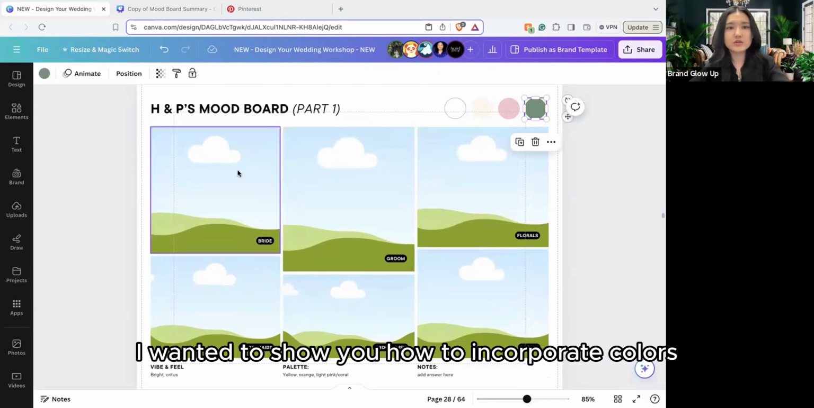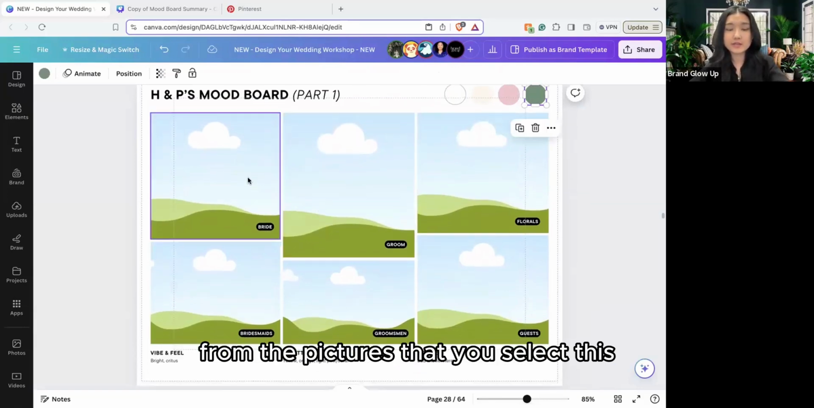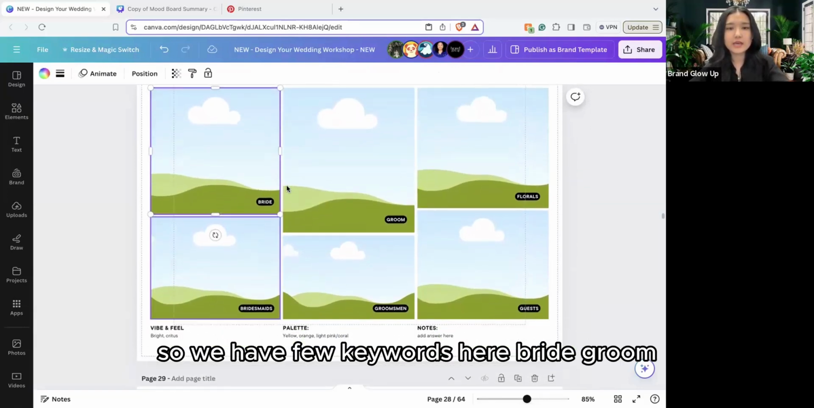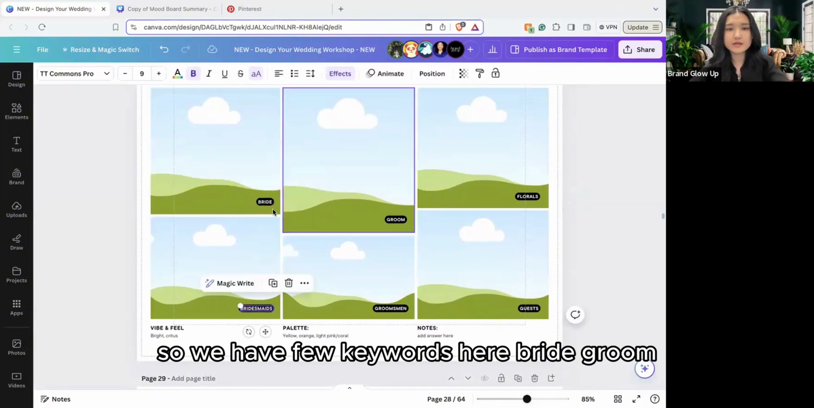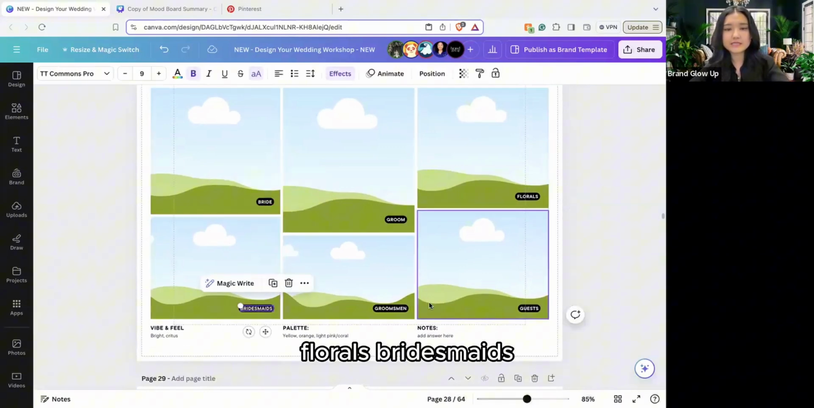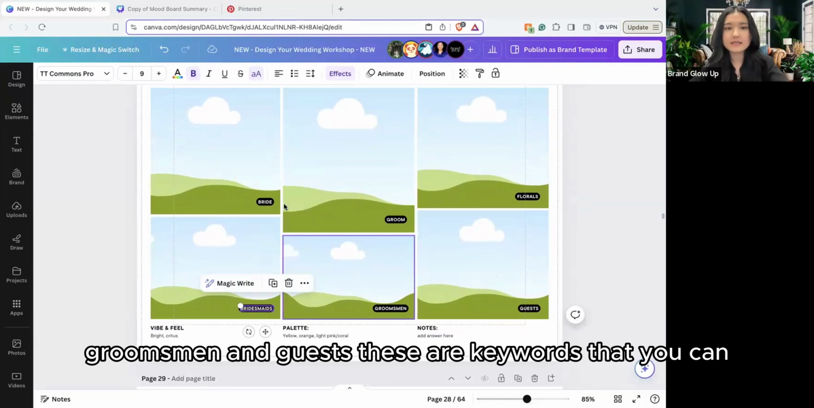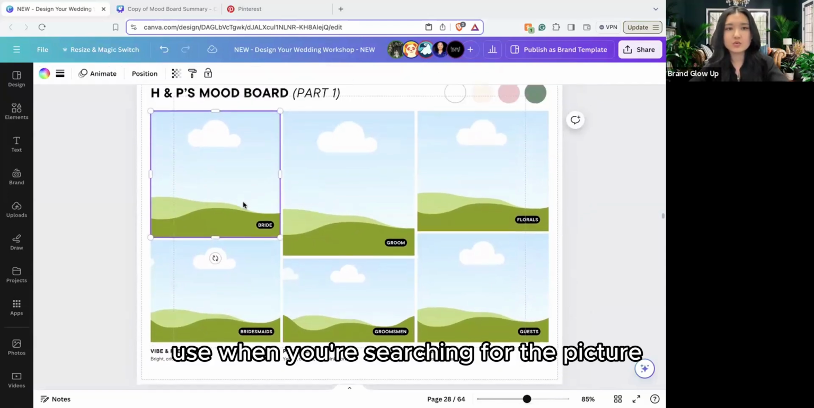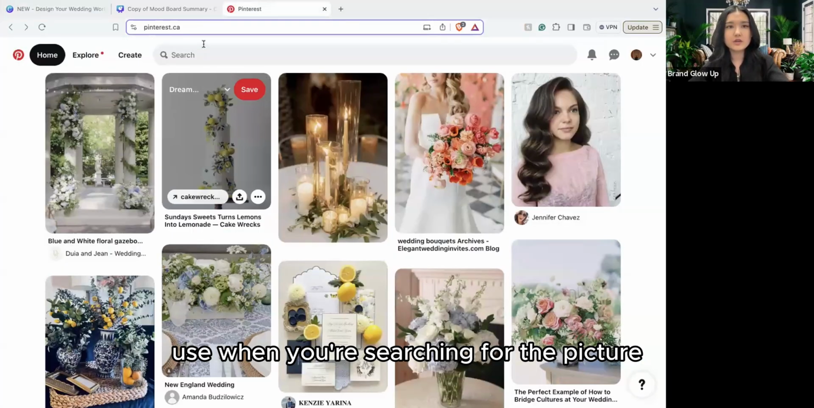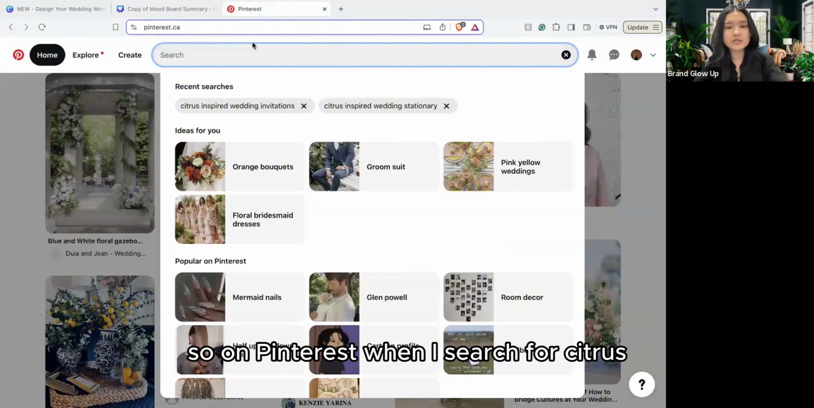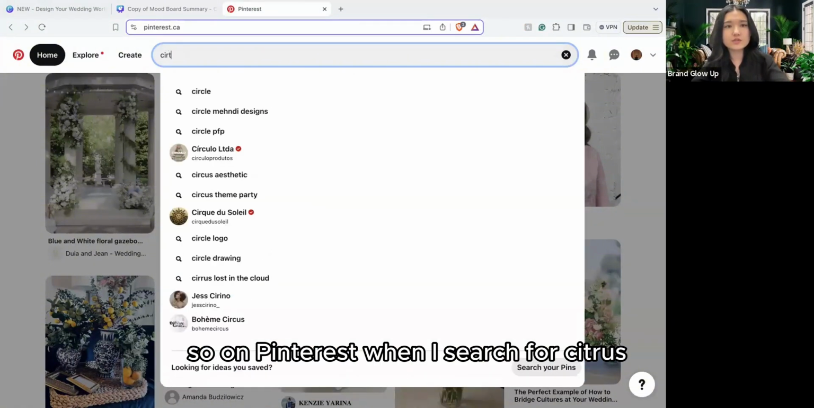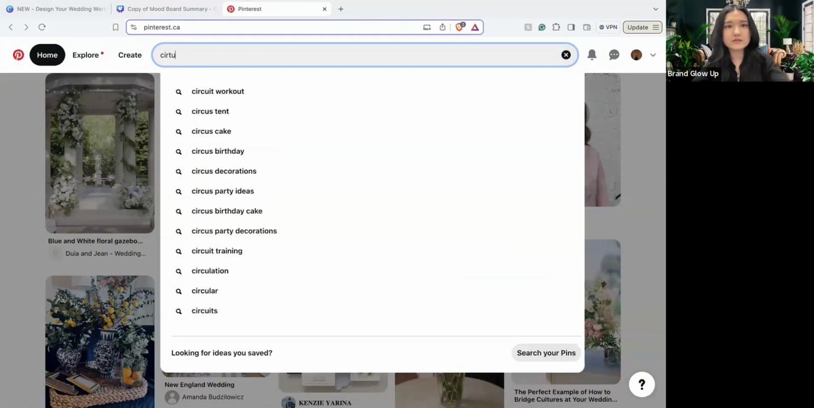I wanted to show you how to incorporate colors from the pictures that you selected. So we have a few keywords here: bride, groom, florals, bridesmaids, groomsmen, and guests. These are keywords that you can use when you're searching for the picture. So on Pinterest, when I search for citrus,